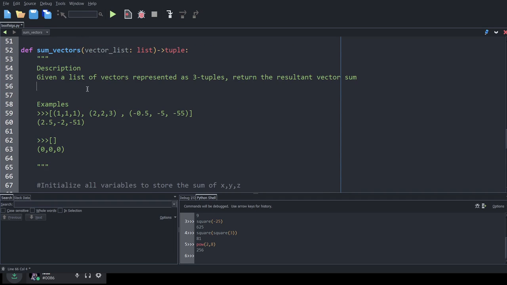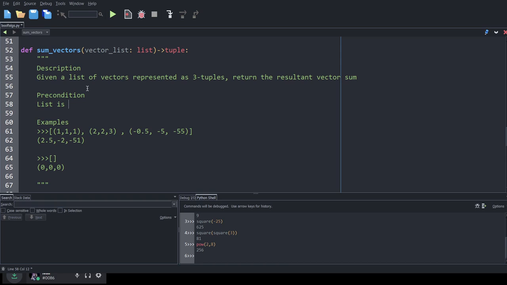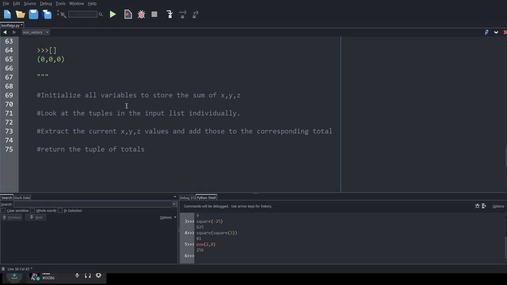We just want to have a precondition here: the list is full of tuples only. Each tuple has 3 numbers in it. No strings, no booleans, any of that. That's going to make the precondition mad, and that's going to make me mad because the function is not going to work. So we gotta have the precondition to make sure that everything works properly.